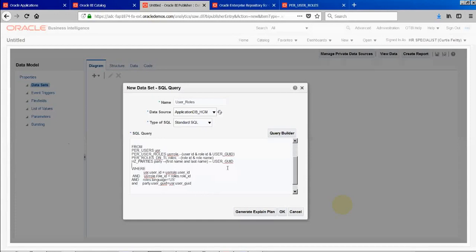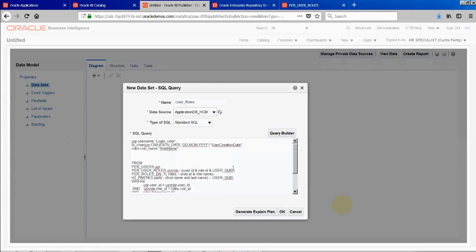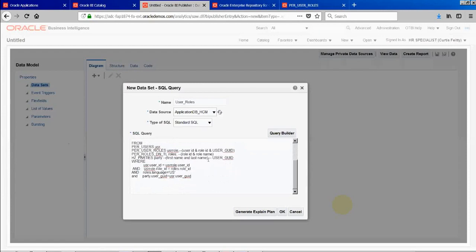So we are making a 1, 2, 3, 4 table join. We have 3 conditions, and there is a party ID, right? Party ID in the users. That's why I'm matching the user GUID with the party user GUID. I'm not matching by party ID. I'm actually combining by the user GUID.